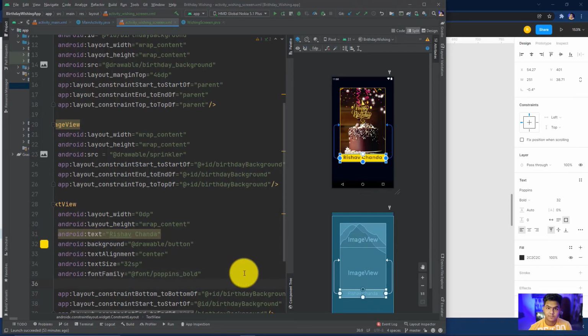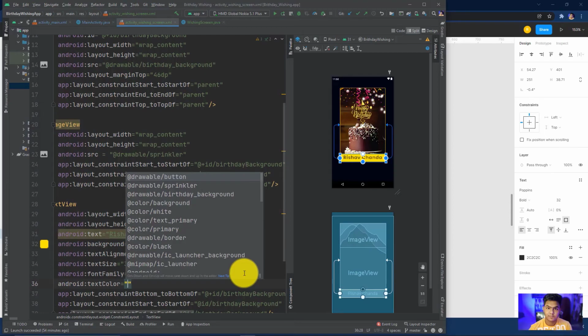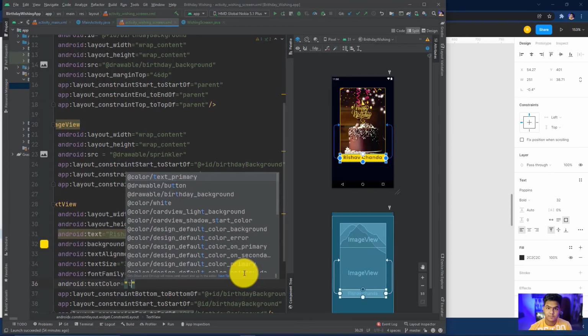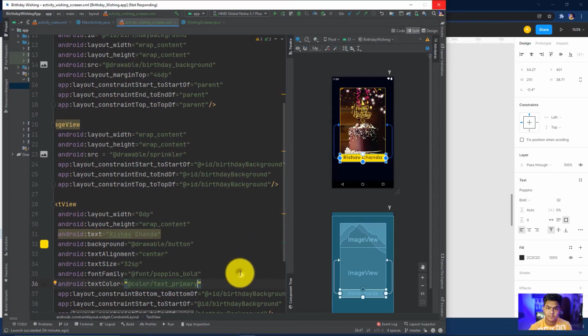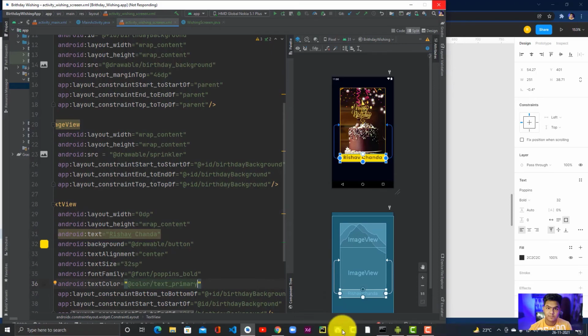Okay, so color, that is the text color, I will be setting it to text primary. Okay, so the color is also fine, the other things are done, and the next part we have to move on to